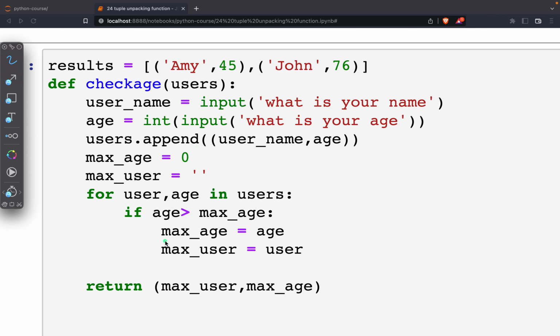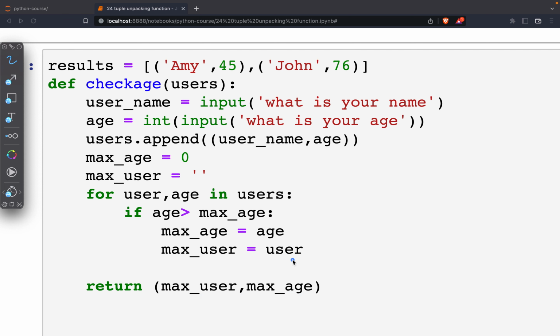And then we will get the max age is 76 and the max user is the user. And this is the tuple unpacking, so it will get the value John and also the age 76 here. And this will return the max user is John and the age is